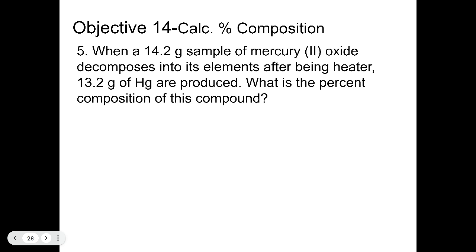Oh no, I did not mean to hit that. Please stop. Okay, we're going to take the mass of our mercury,